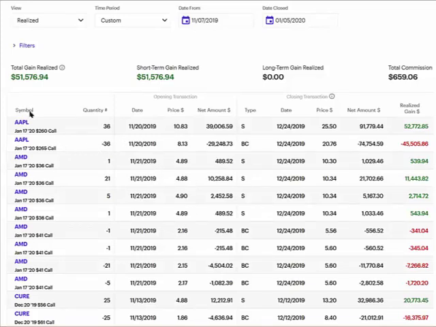In this column, we have the option spread. The first one here is for Apple. I bought the January 260 call and sold the January 265 call. And this column lists the open date and the close date. So this one was opened on November 20th, and I purchased the 260 call at 10.83 and sold the 265 call at 8.13. So this had a cost of